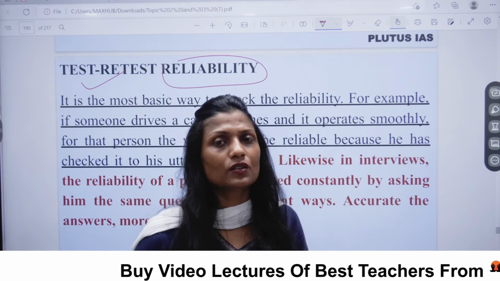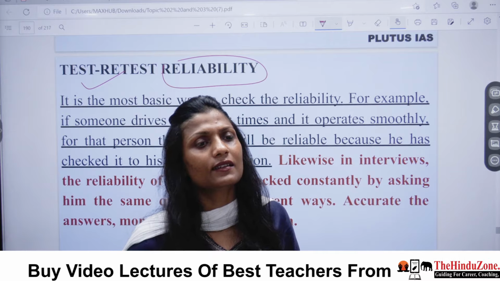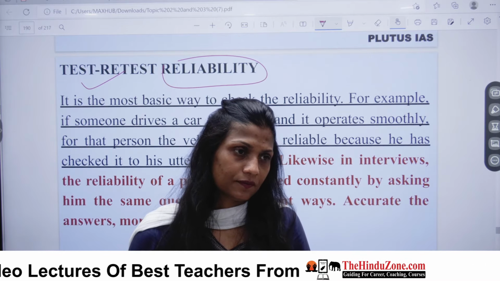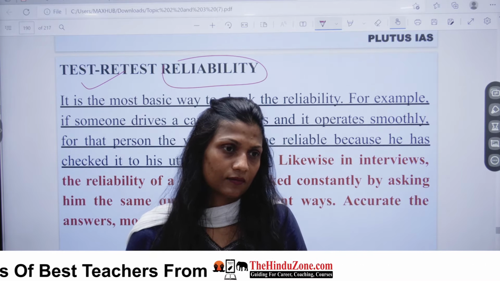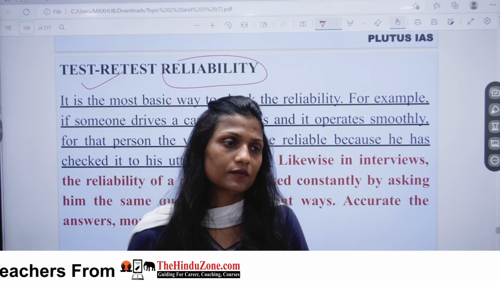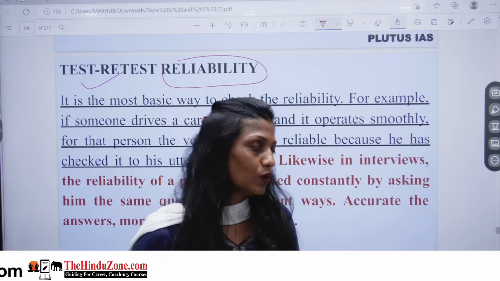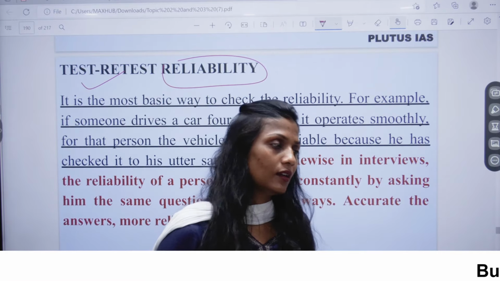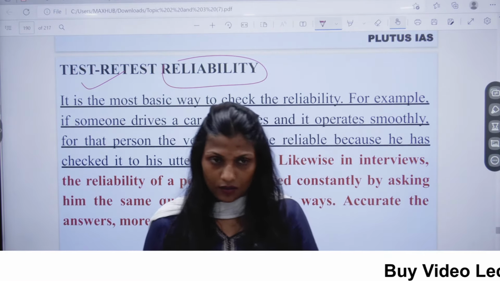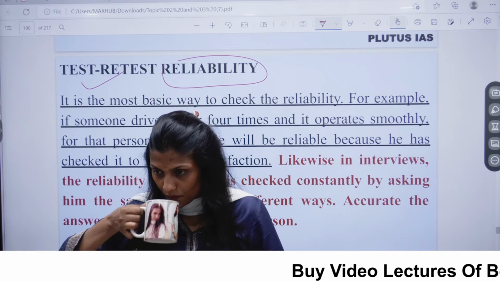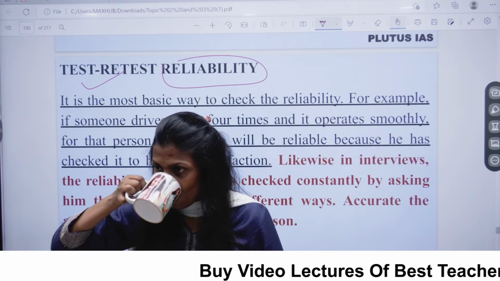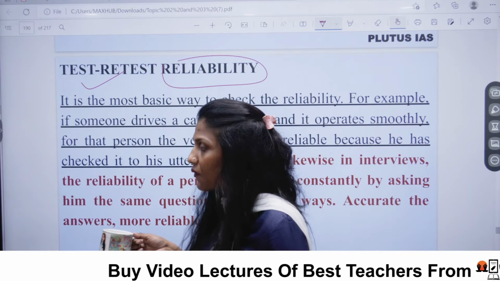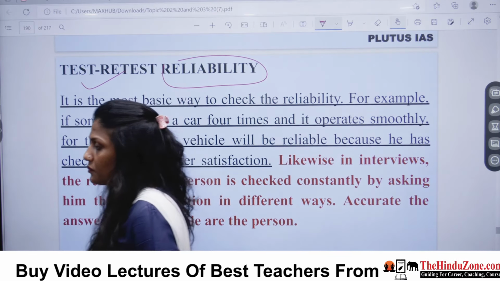You can write down researcher's own biasness and judgments, comma, that can be controlled